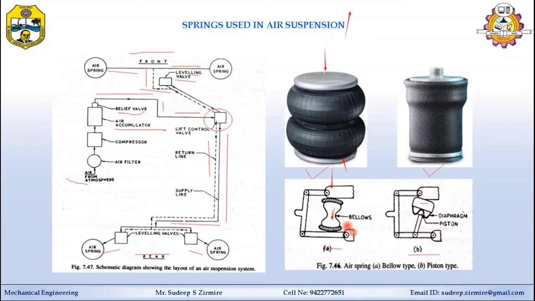So both the systems are leak proof, or sealed, and it also provides the flexibility for the diaphragm. Underside diaphragm is used. So both the systems give more comfort as compared to the other types of suspension system. So these two springs are used instead of the coil spring in the rear system.